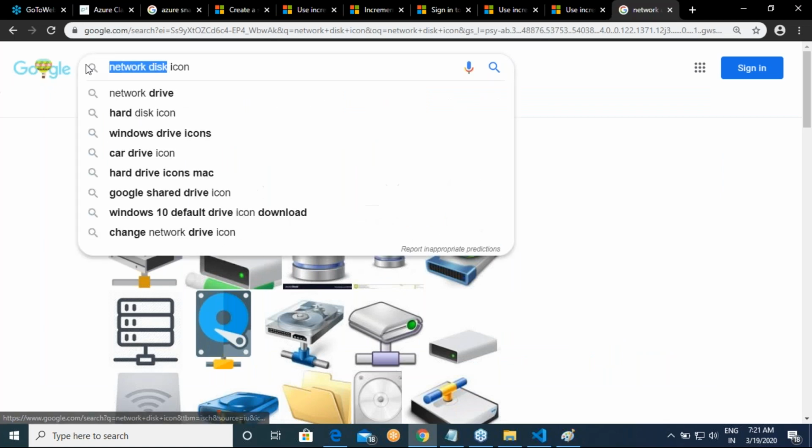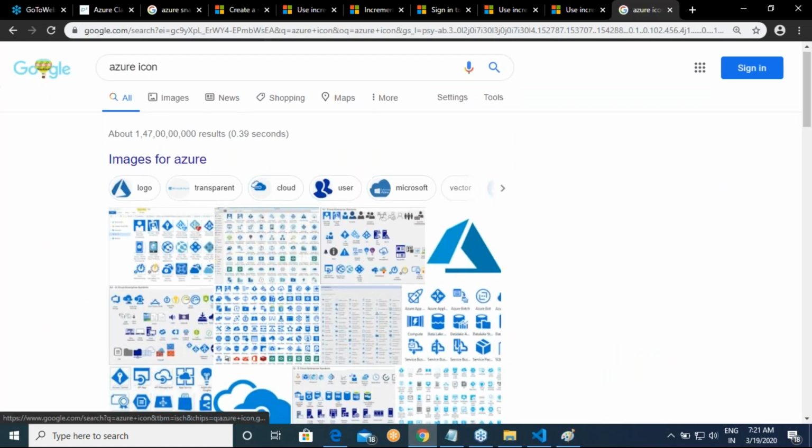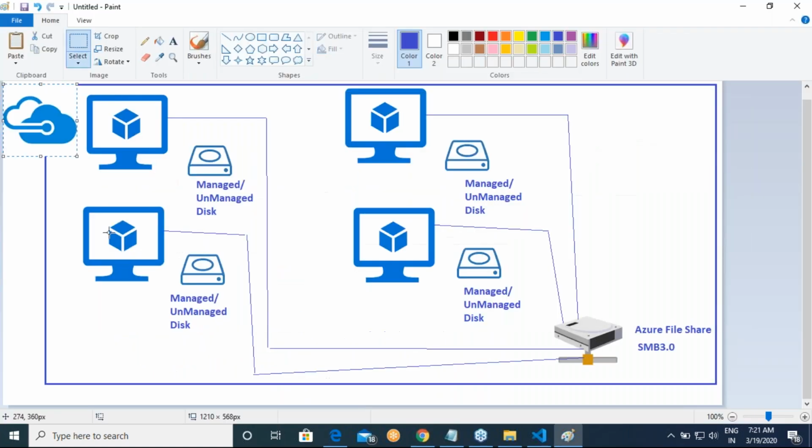Let me go with Azure. Let us assume that this is the Azure cloud.